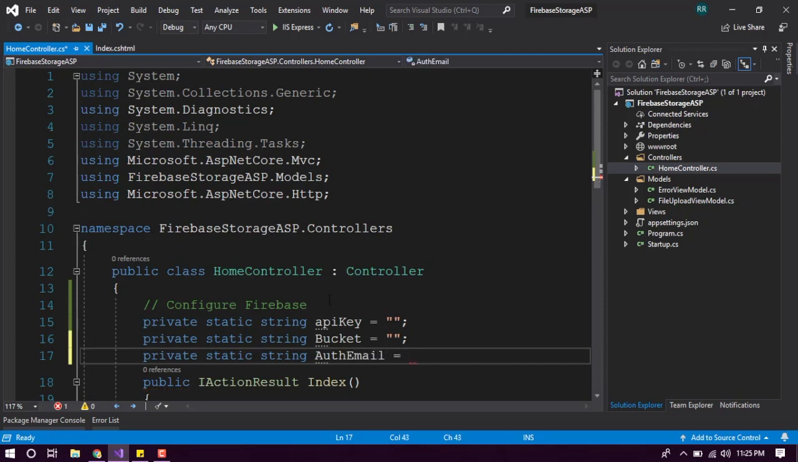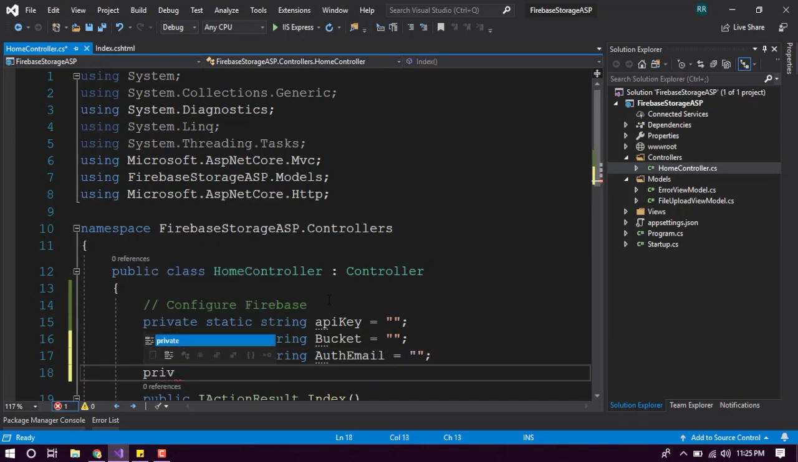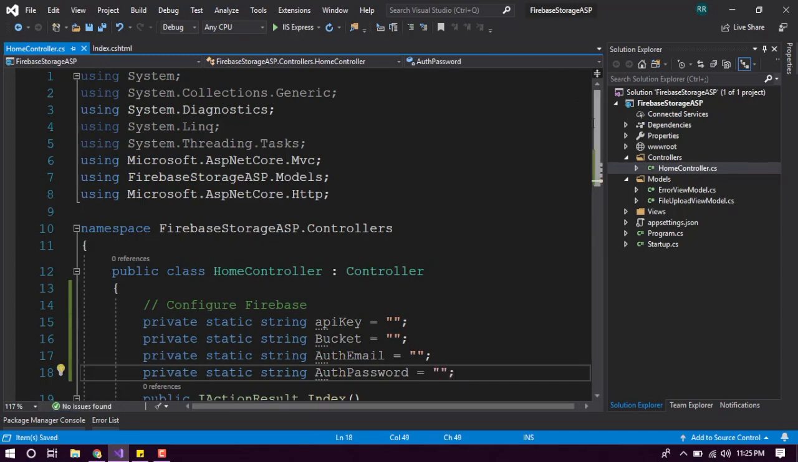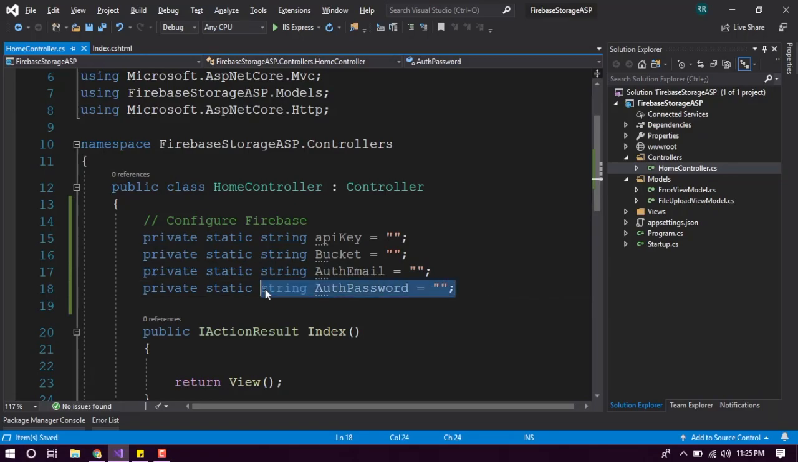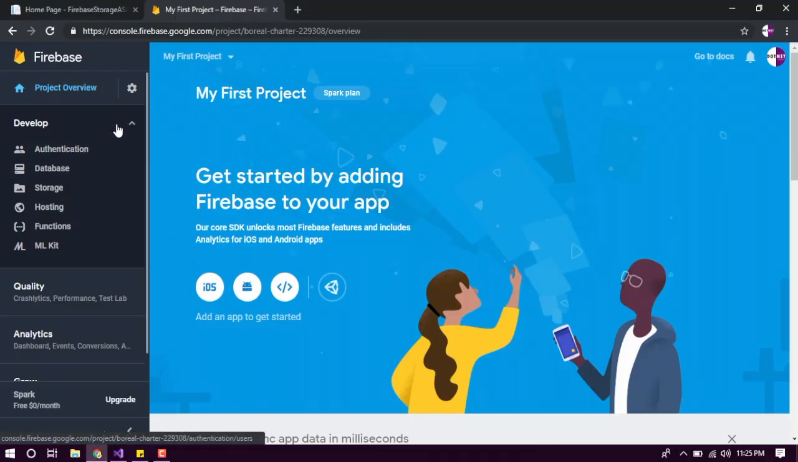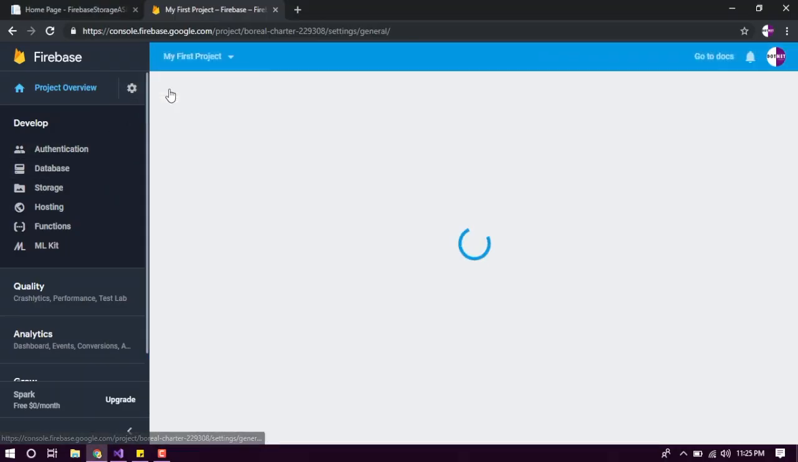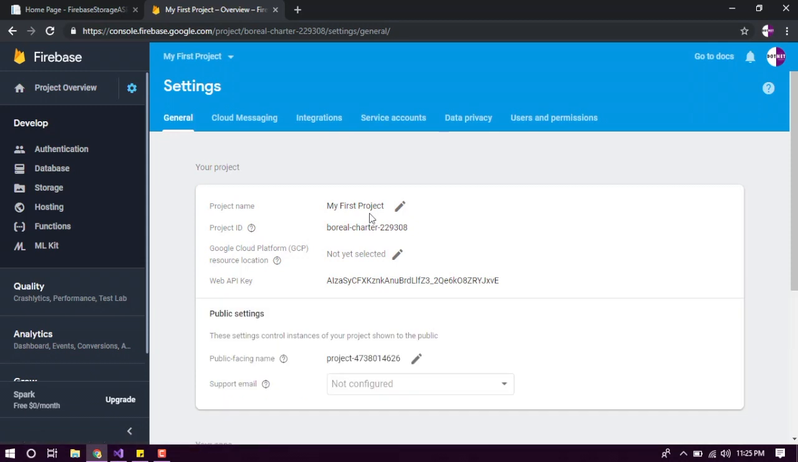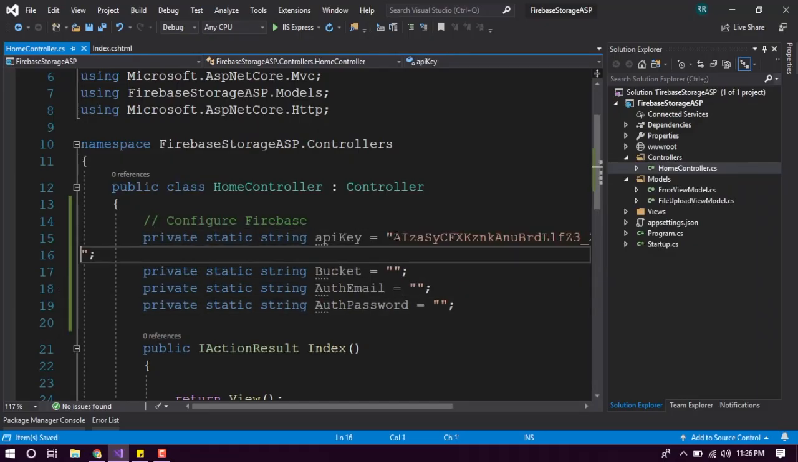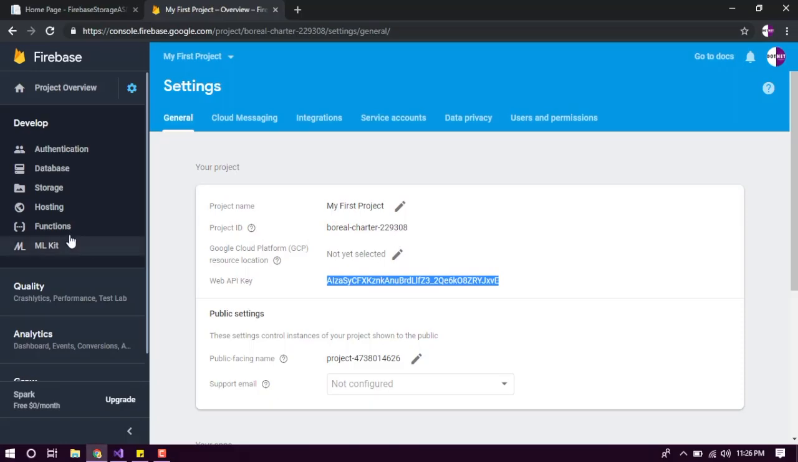as well as static string email for authentication. We haven't created any users yet, so we have to do that. We are going to do that, and our password. Just for the authentication purpose, we are doing this thing. So we just declared all our variables, and we have to fill this out. So for that, first thing is API key. Let's go to the project settings and copy this web API key and paste it over here,